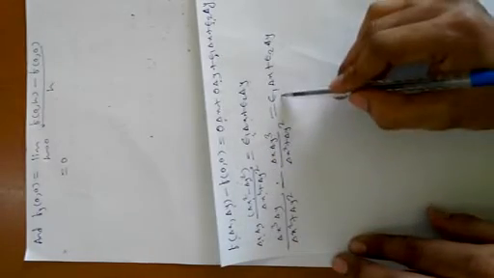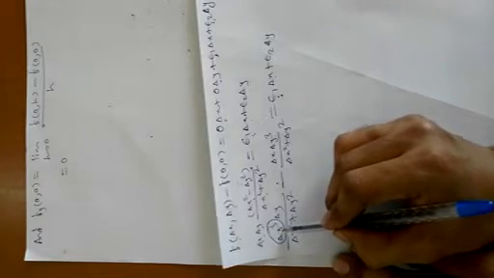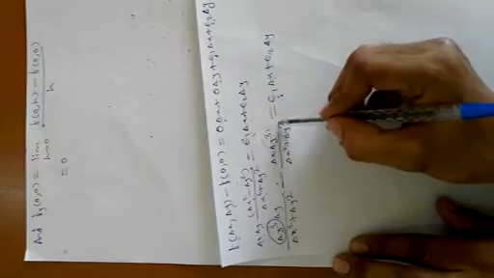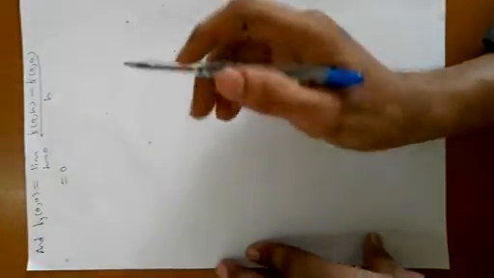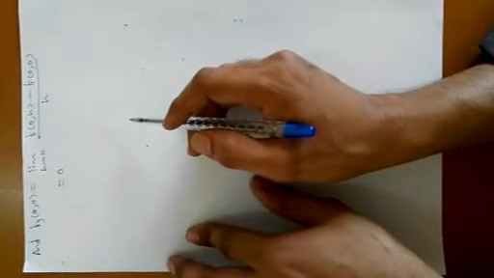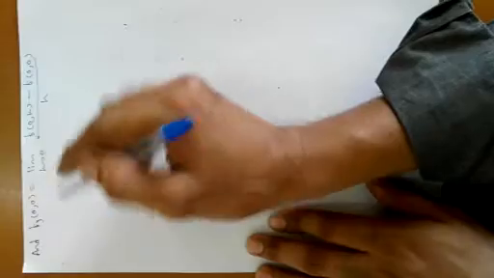But this is not in this form yet. We need epsilon 1 into delta x. So we can take out one delta x and write it here, and from here one delta y and write it here. So we can find epsilon 1 and epsilon 2. So this function is differentiable. So in this example we need not suppose f is differentiable. When f is not differentiable, then we suppose f is differentiable, and by contradiction we can prove that f is not differentiable. Here we have already checked that this f is differentiable.